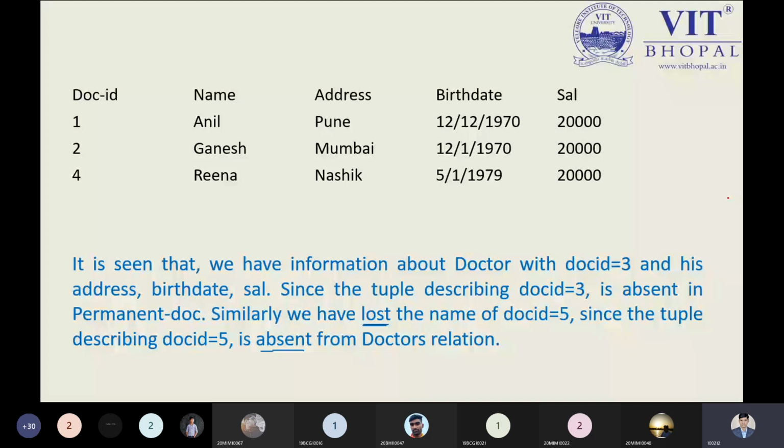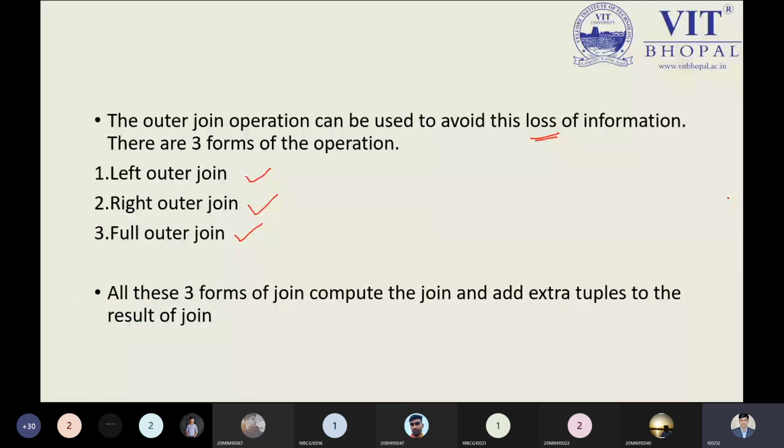So let us understand the outer join once again properly. What is the definition of the outer join saying to us? It's saying that after matching the information, we can't leave out the information. We have to pick it properly. So here we have three flavors: one is the left, then right, and then full. Let us understand the first one, left outer. This is the theory we have written over here. And what is the biggest advantage of using the outer join? Avoid the loss of information. This is the biggest advantage.